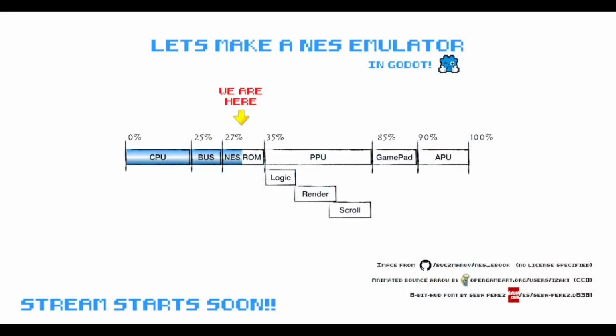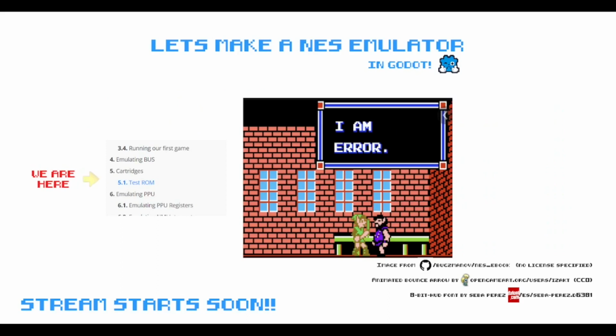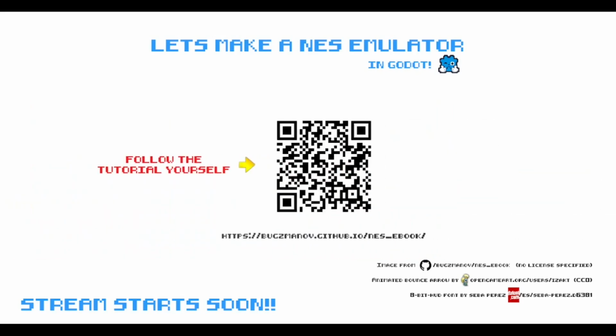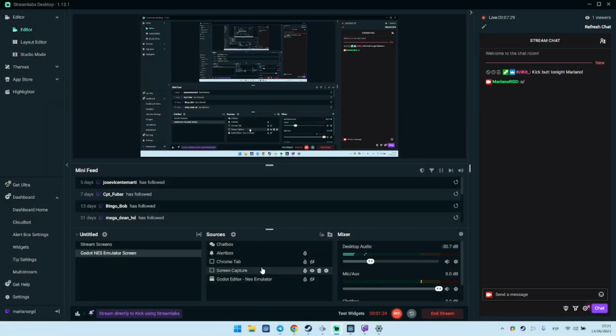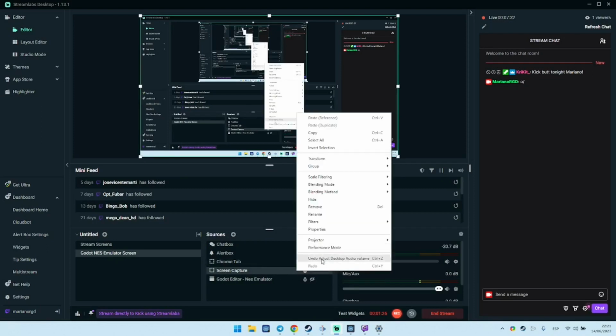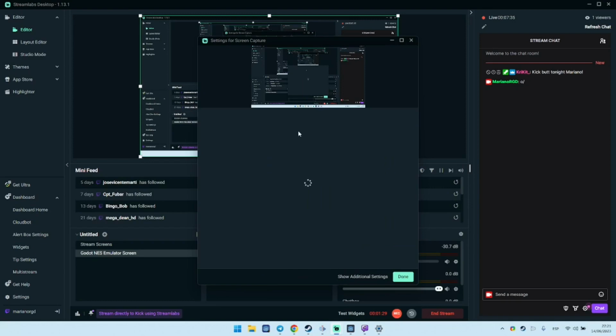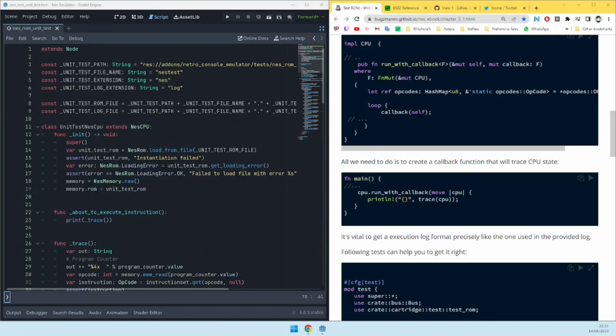So, ROM monitor. What is wrong with you? Okay, I will have to fix it, I guess. Screen capture. Properties, change the screen, done. Okay. There we go. It's too bad I cannot edit it without switching the screen. Anyway,